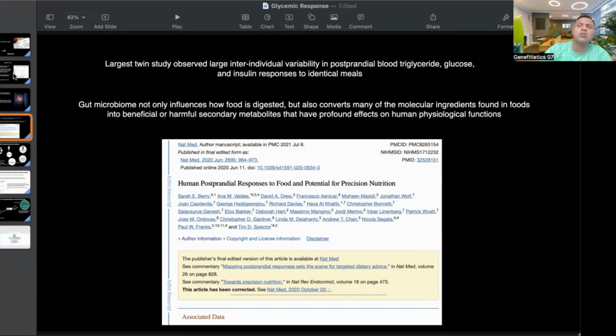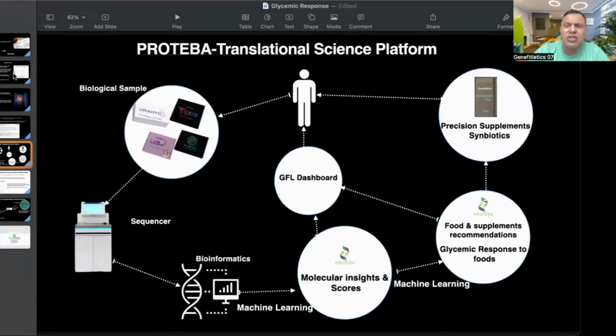So again, this also tells that there's nothing called a standard dietary intervention, or a low carb diet, or a high protein diet, which is going to help you manage or reverse diabetes, right? So this is where we come in. So unlike a lot of other companies or healthcare practitioners who just focus on giving diet based on blood work, or some questionnaire, or CGM, or blah blah blah, right? Our model is entirely data driven.